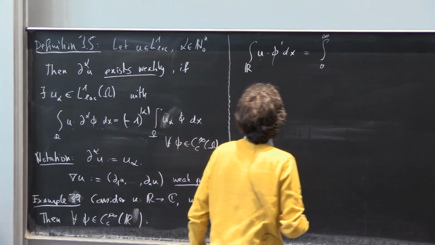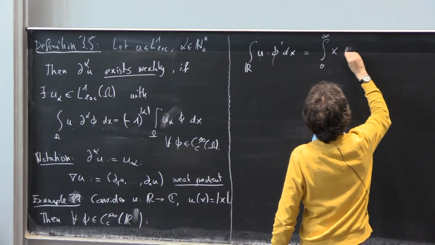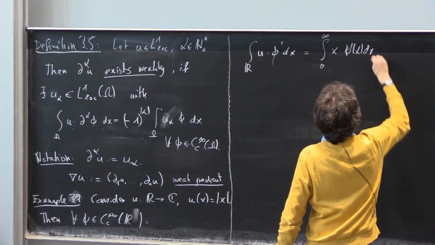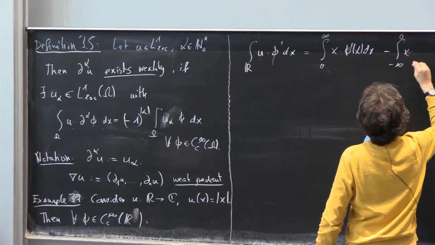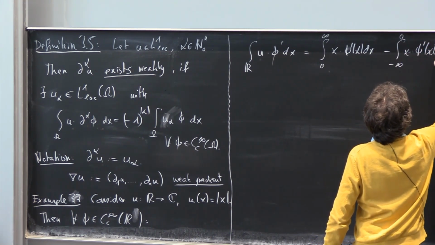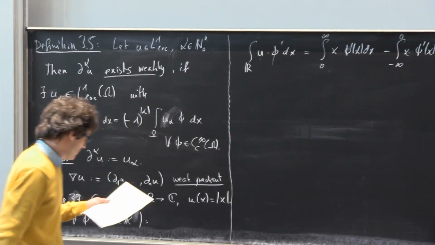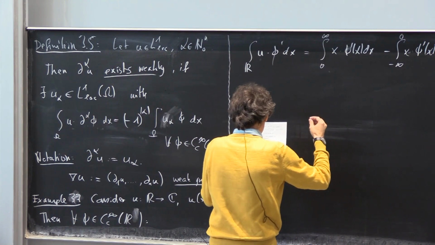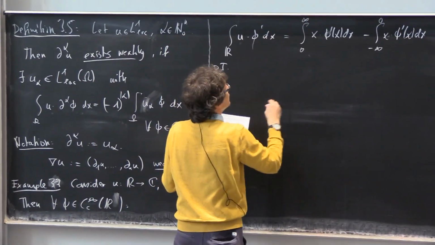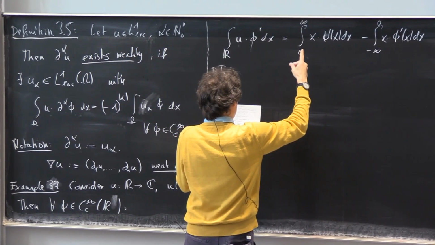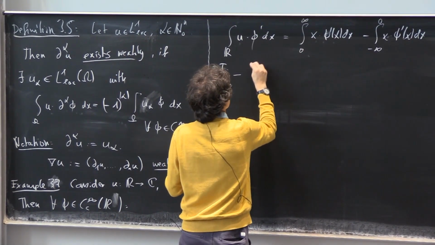So for x going from 0 to infinity, u of x is just x, so x times phi prime of x dx. And from minus infinity to 0, it's minus x, so minus x times phi prime of x dx. And now it's just the usual integration by parts thing. So we do the partial integration,